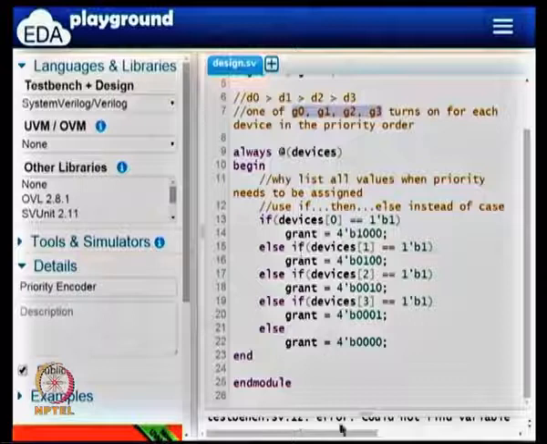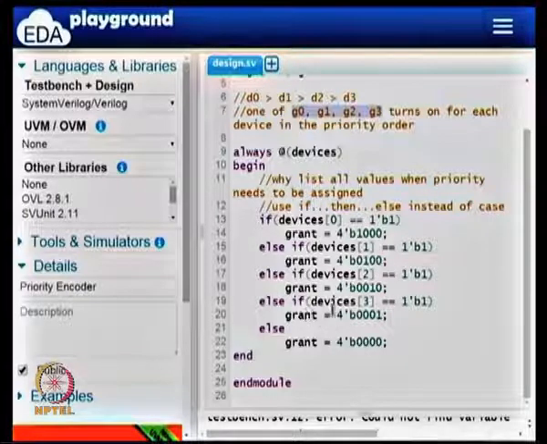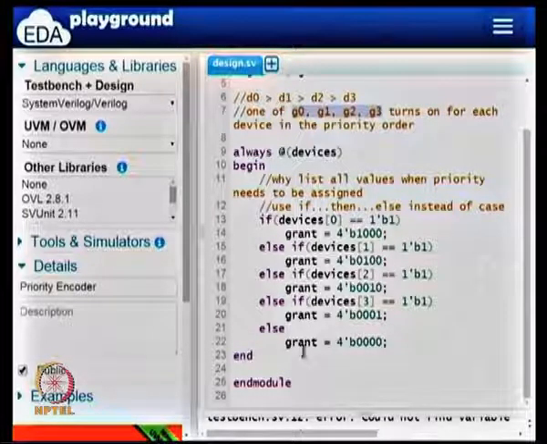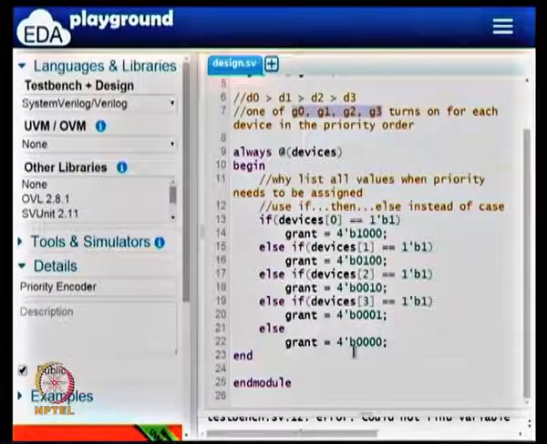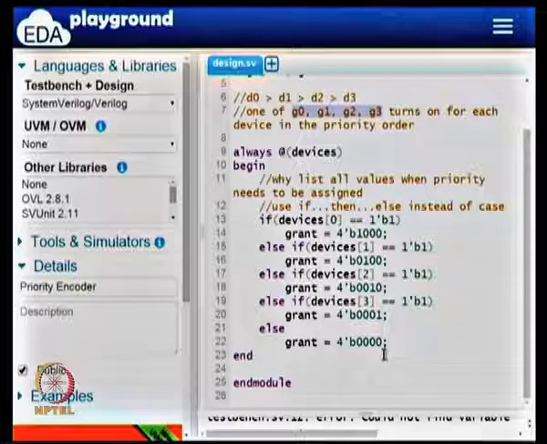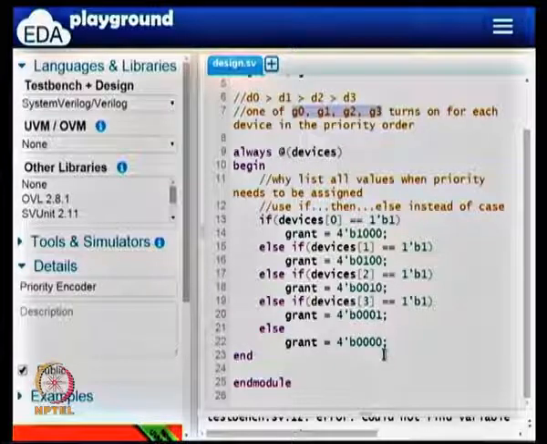So that is what we have here. There are 4 cases. There is a first if case, then else if, and else if. If none of them made a request, then there is no access that needs to be given. So you have grant equals this. This is a much easier way to express what we have in mind, and in terms of hardware also this is what we are looking for. We are looking for a mux kind of thing.